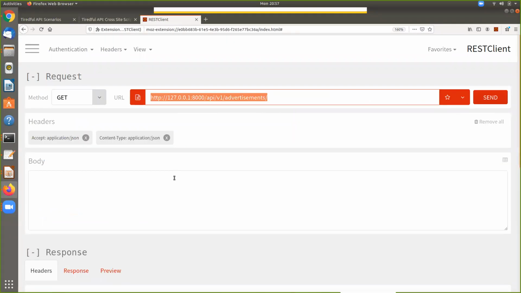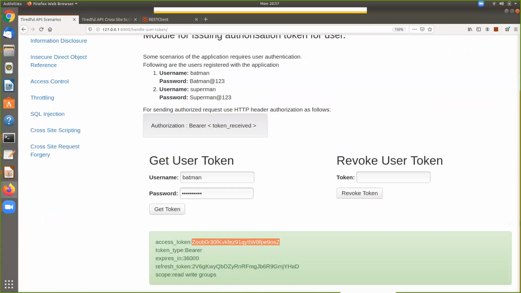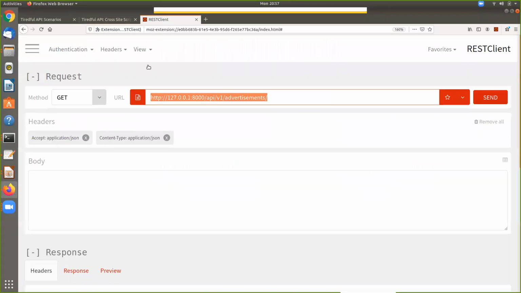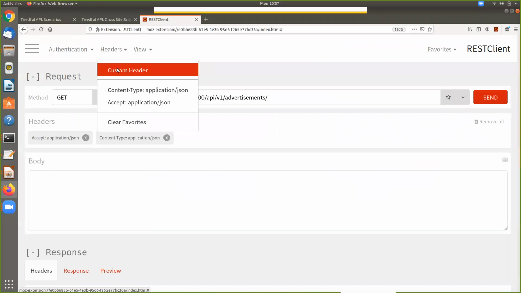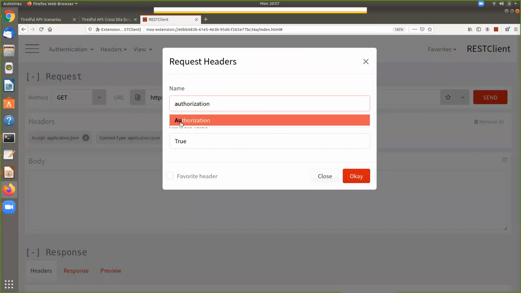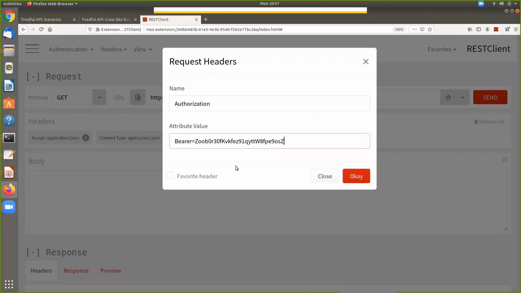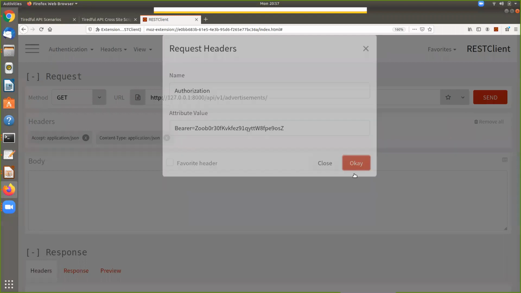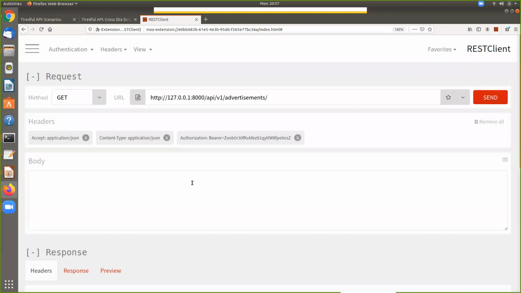Headers I need are accept, content, that looks good. And I think I also need that authorization token. Let me go back one more time and grab that. So authorization, and again, just like before, bearer and paste in that access token, okay it. Now that's included in the headers.